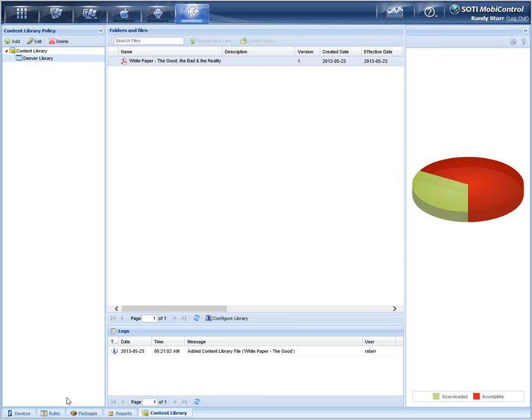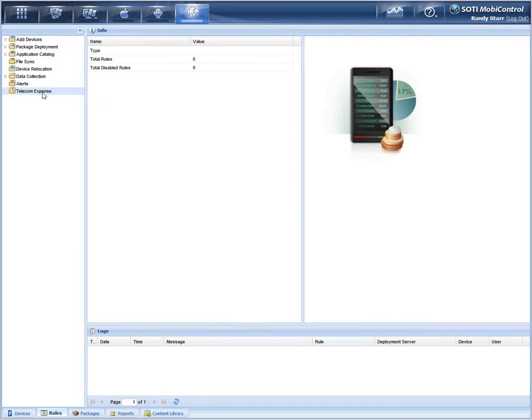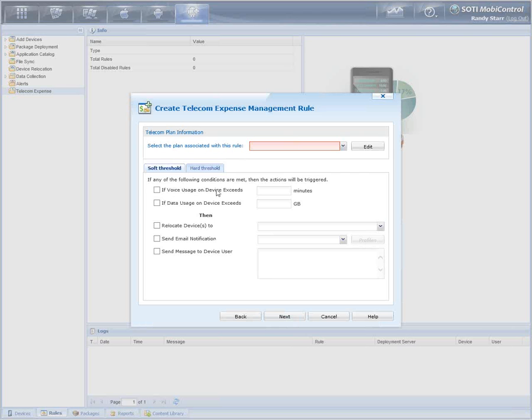One final thing that I think is really interesting: when we're talking about rules, we do have the ability to even control or create rules regarding telecom expenses. So this is my business use only rule. In this particular case, I can pick the devices or device groups that I want to apply this rule to, and you can see I can now start to monitor and create alerts around the voice and data usage